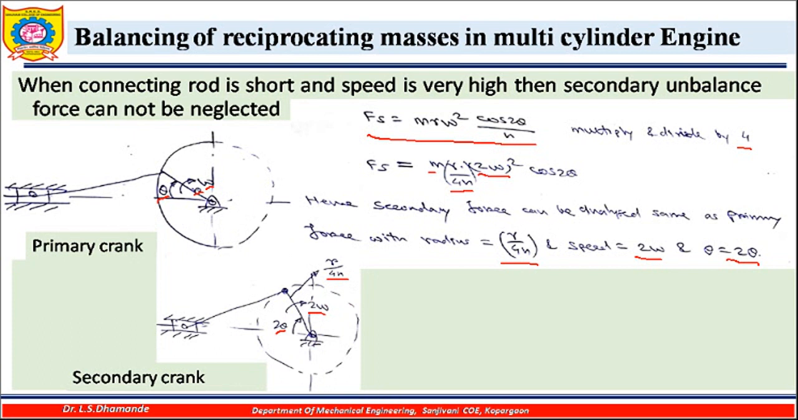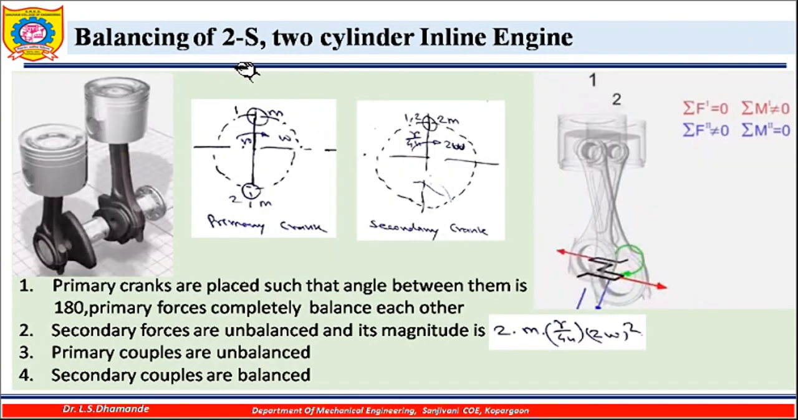Now we will talk about the balancing of a 2-stroke 2-cylinder inline engine. 2-stroke means the power stroke will be completed in 1 revolution. Whenever there is a power stroke, that time there are the largest or highest forces acting over the cylinder. So if I consider here that there are 2 cylinders or 2 engines acting,